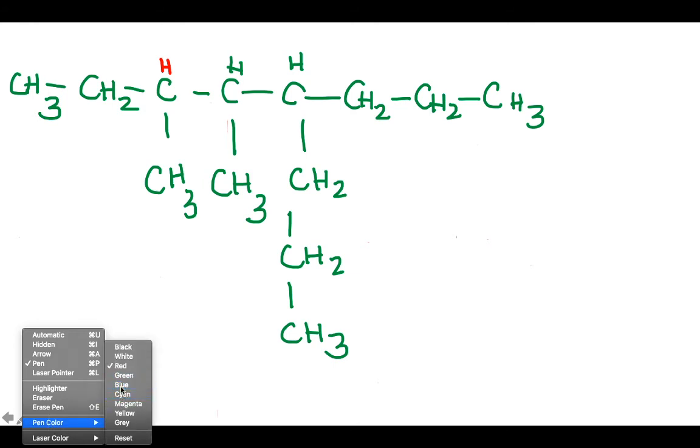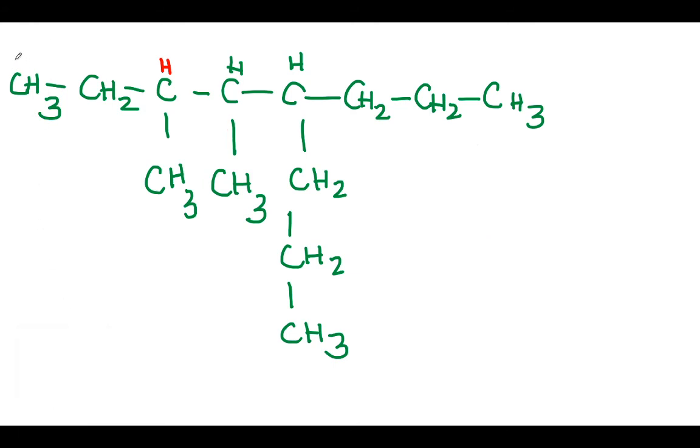I'm going to choose my blue again. I'm going to start from left to right first. So I've got 1, 2, 3, 4, 5, 6, 7, 8. Okay, so I see 8 there. I'm going to go from right to left as well. So 1, 2, 3, 4, 5, 6, 7, 8. Okay, so I've got a few different possibilities, either from left to right or from right to left. Based off of our side groups, we can figure out what is right.